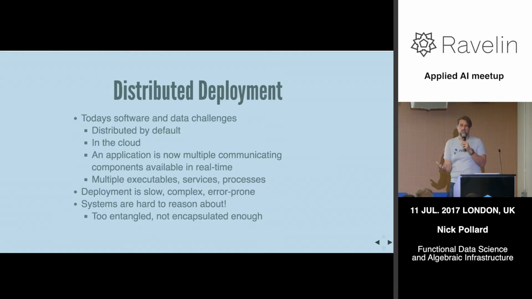And what we've seen certainly in our work is that for many people, and particularly for data scientists, it can be easy to build something at a prototype stage, to iterate locally, to build a small system internally that works. But when you want to deploy this in a distributed manner, suddenly you've got to work with all these problems, and it just becomes much, much more difficult to actually do that. And a lot of that, I think, is because the systems that we're building are really too entangled, the different parts of them are all too connected, too stuck together with each other part. We can't reason about them individually like we like to do with functional programming.